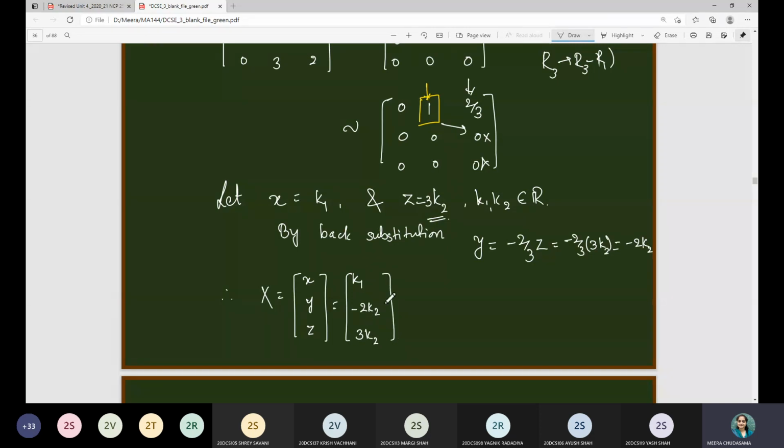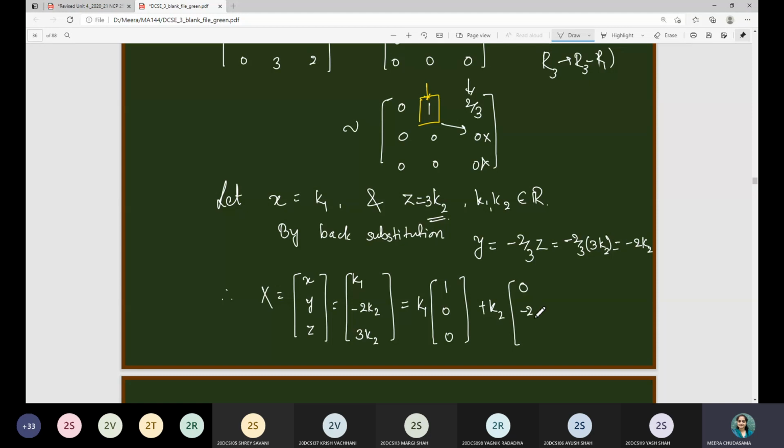अभी ये जो है this matrix is depending on the values of k1 and k2 and if I want to write this as a combination of a scalar matrix तो इसको मैं कैसे लिख सकती हूँ? तो पहले k1 स्केलर मैट्रिक्स अगर मुझे लेना है तो k1 की जहाँ एंट्री है उसके कोएफिशिएंट्स को लिखिए, बाकी के कोएफिशिएंट्स को 0 बना दीजिए जहाँ पर k1 नहीं है. So here k1 coefficient is 1, so 1. Other two are depending on k2, so I will put coefficient of k1 as 0 and then I will take k2.